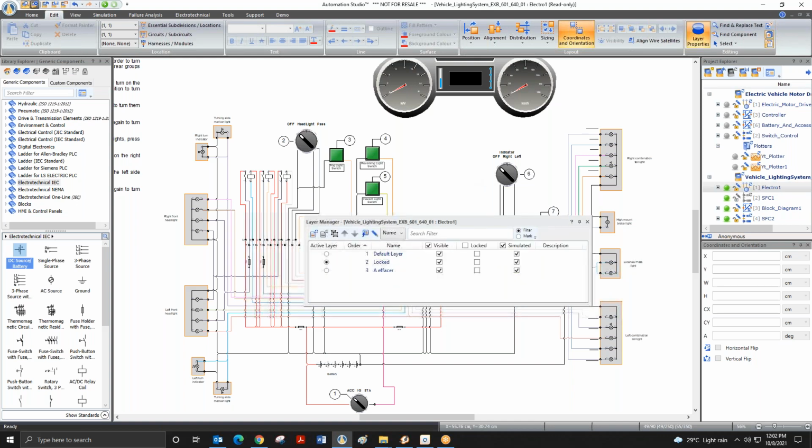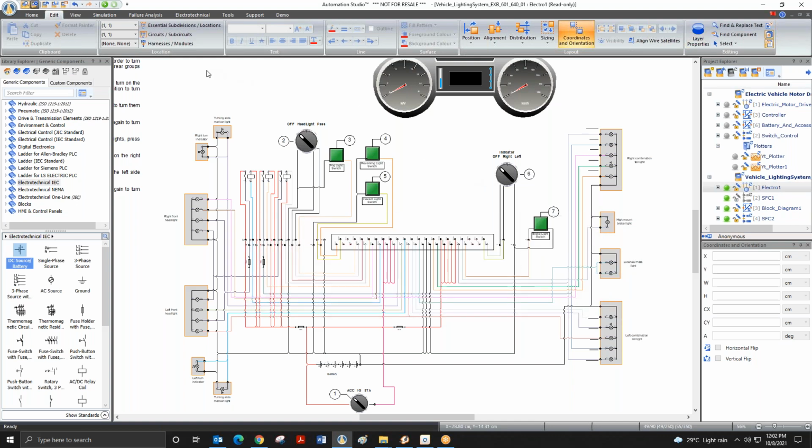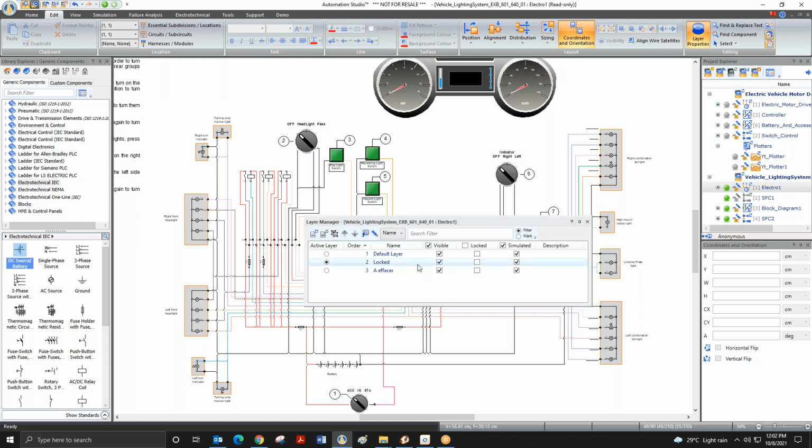Also, you can create essential subdivisions and locations. So circuits and subcircuits, essential subdivisions and locations, and harness and modules. We have different builders for that also. Your circuit you can divide in these subcircuits or subdivisions and locations, or you can use the layers.